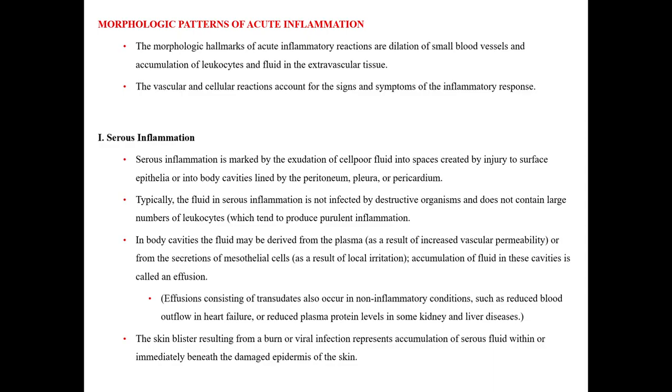The first morphological pattern of acute inflammation is serous inflammation, which is marked by the exudation of cell-poor fluid into a space. The fluid that accumulates is poor in cells, caused by injury to the surface epithelia or into the body cavity lined by peritoneum, pleura or pericardium. Typically the fluid in serous inflammation is not infected by destructive organisms and does not contain large numbers of leukocytes, which are present in purulent inflammation. In the body cavity the fluid may be derived from the plasma,